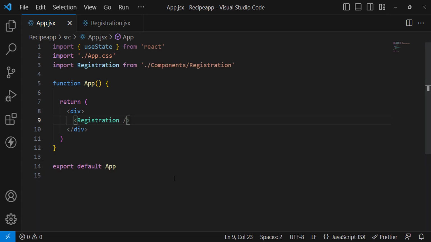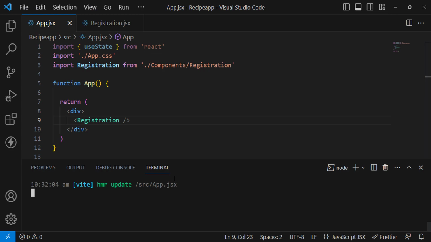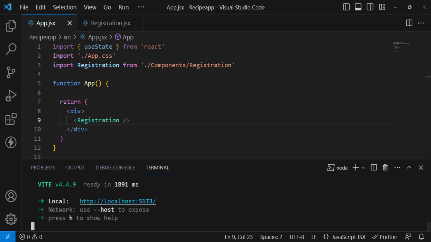It is already running, so let's Ctrl C and npm run dev. It will run our React server. Let's move to this URL. So this is our form,